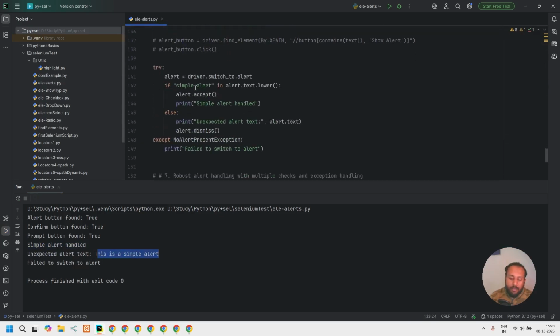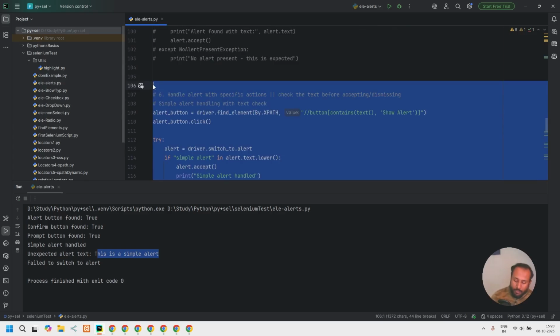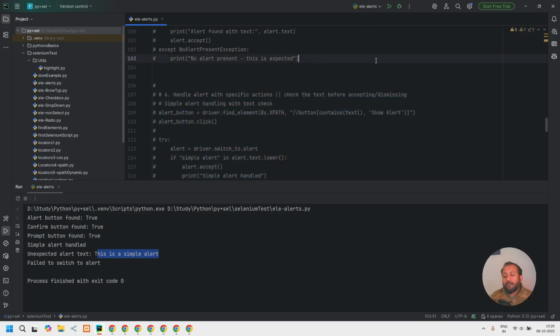And in the third one, there was no alert generated because I didn't click on the button. Instead, I was just trying to switch the context. So this also didn't work. So it printed "failed to switch to alert," right? Clear? So in your test execution, you are always going to validate whatever is displayed on your alert